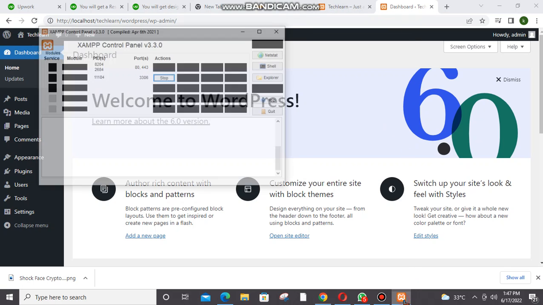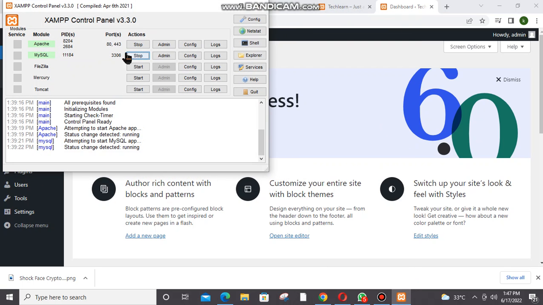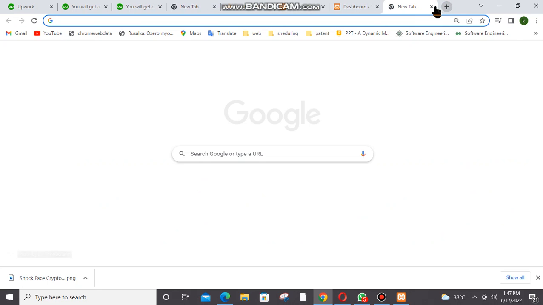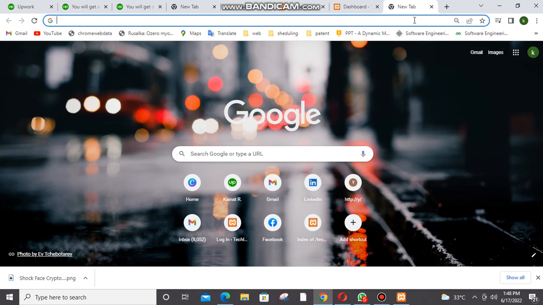Now I will open them. I will start both of them. Okay, Apache and MySQL. I will minimize it and I will go to my dashboard. Now I will write here